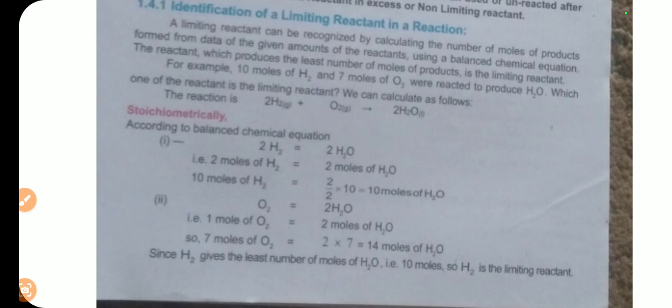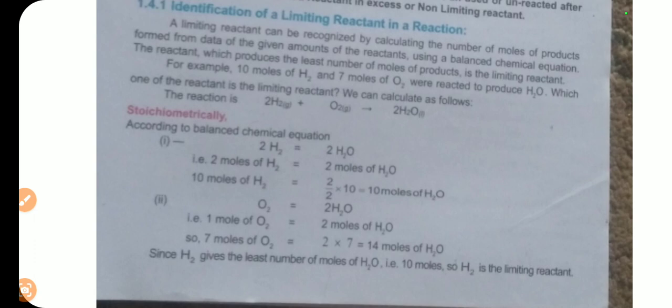Two hydrogen gas molecules produce 2 water molecules, so 2 moles of hydrogen will produce 2 moles of water. If 10 moles of hydrogen gas are present, then 10 moles of water are produced. Now, second, we calculate oxygen with water. If 1 mole of oxygen is present, then 2 moles of water are formed. If 7 moles of oxygen are present, then 2 multiplied by 7 is equal to 14 moles of water are